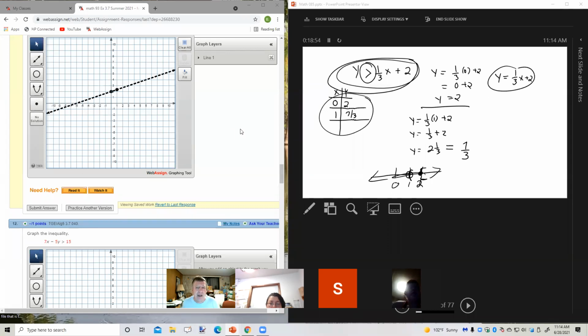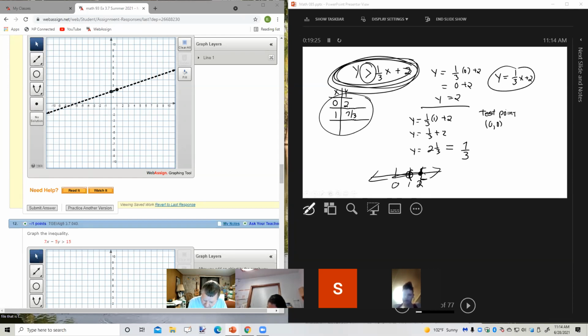Now, to figure that out, we're going to use what we're going to call a test point. And we're going to use 0, 0 in this case. I can use any point I want as a test point as long as it's not on the solid, or in this case, the dashed line. 0, 0 is always a great point to use as long as the line doesn't pass through it. So what I'm going to do is take this inequality and put in a test point,